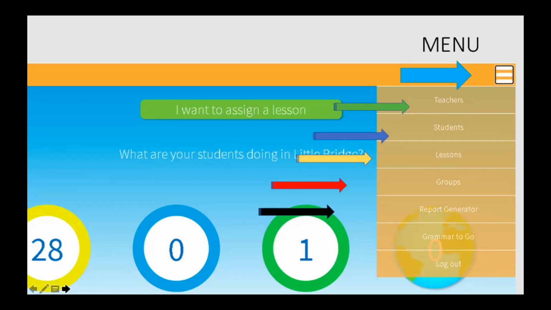And an important part is called grammar to go. It's not that we intend that grammar is there, but for some type of learners, grammar is like when we check a dictionary because we don't know how it is spelled or a couple of things like that, but this part is important. And of course, how to log out.